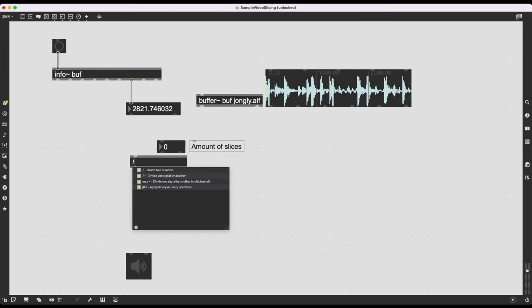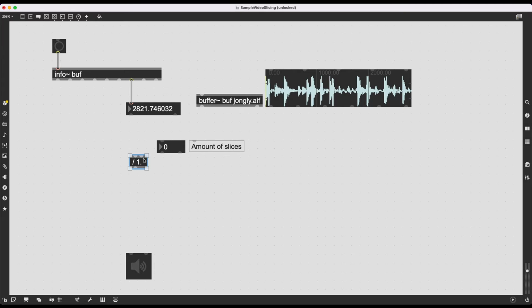I can just use a division object, and then I just have to type 1. to make sure it works with floating numbers and that it will output floating numbers regardless of an integer number going into the second inlet. So let's give it 3, and then I click bang to trigger the operation, and now I have a very valuable piece of information. This 940 point something